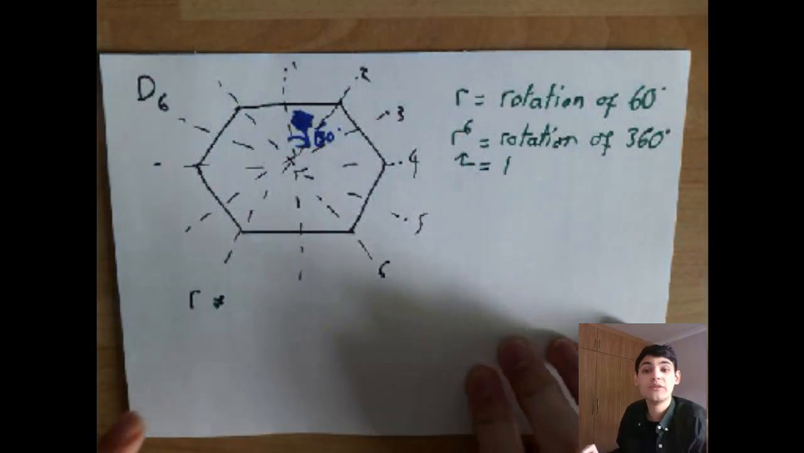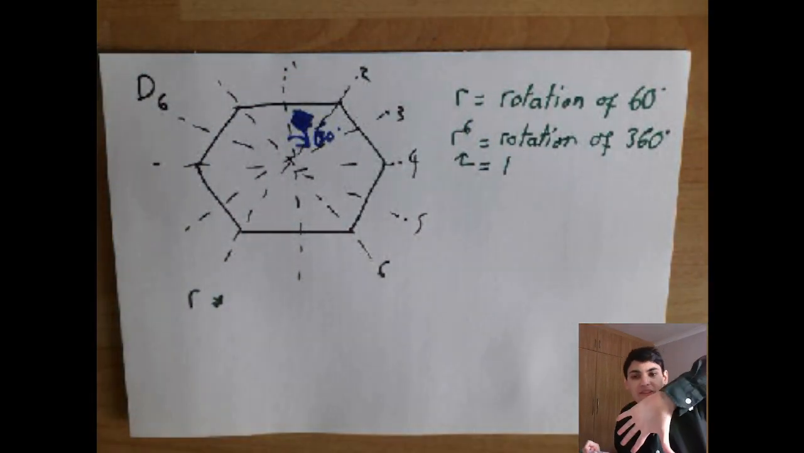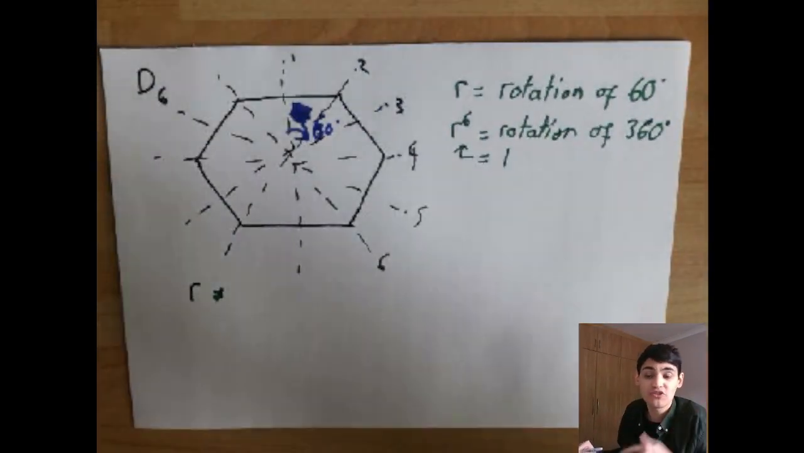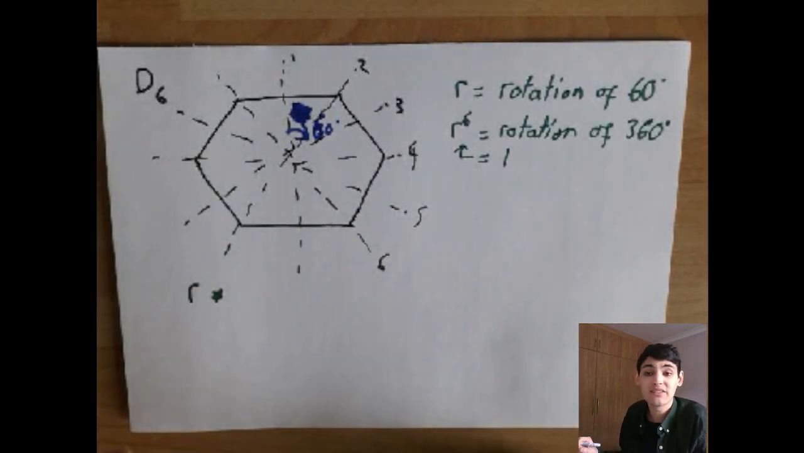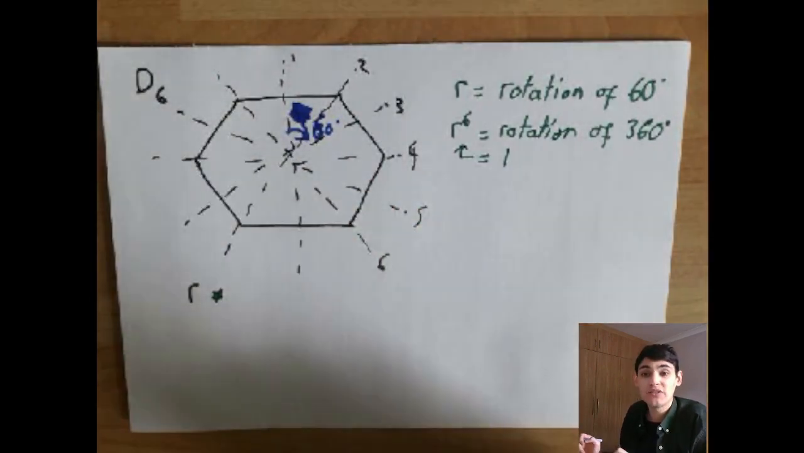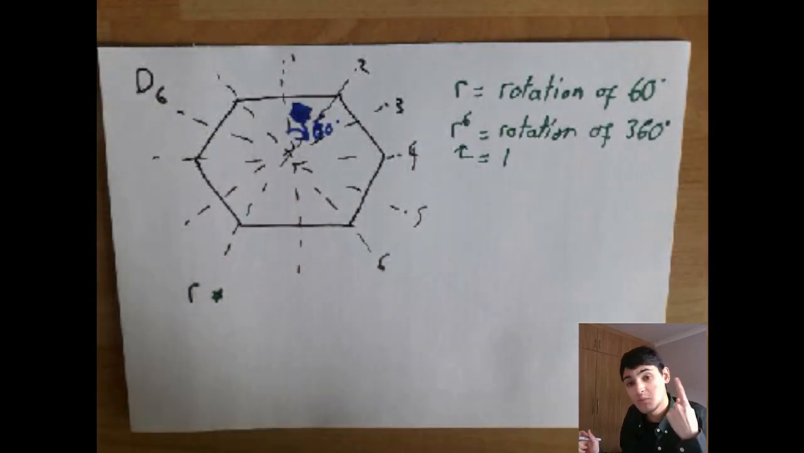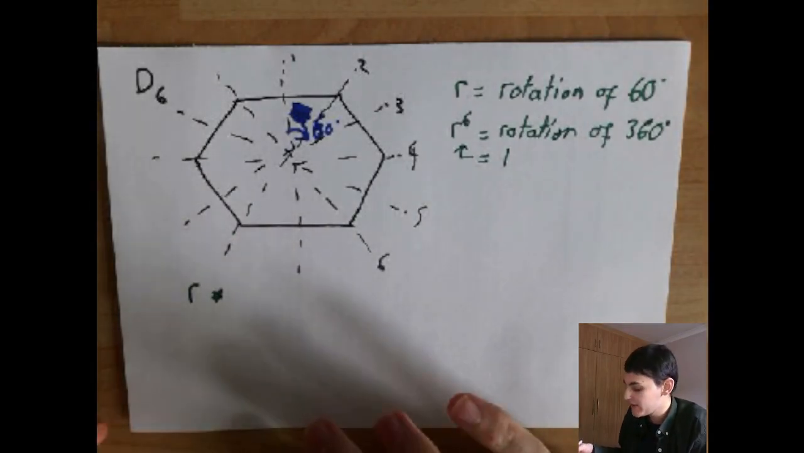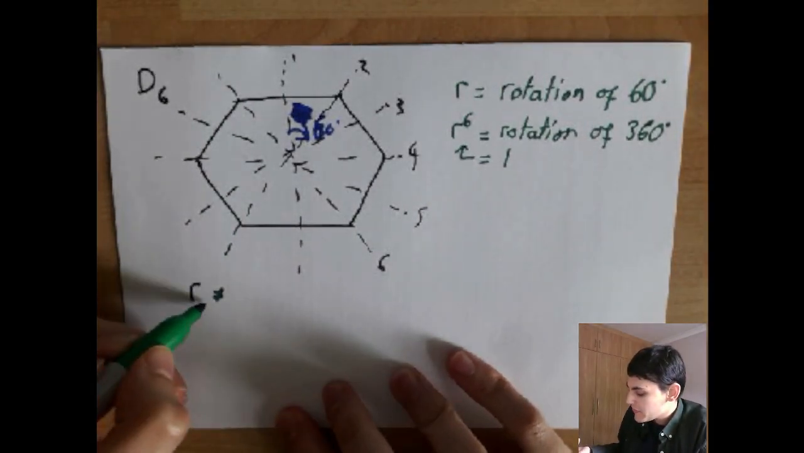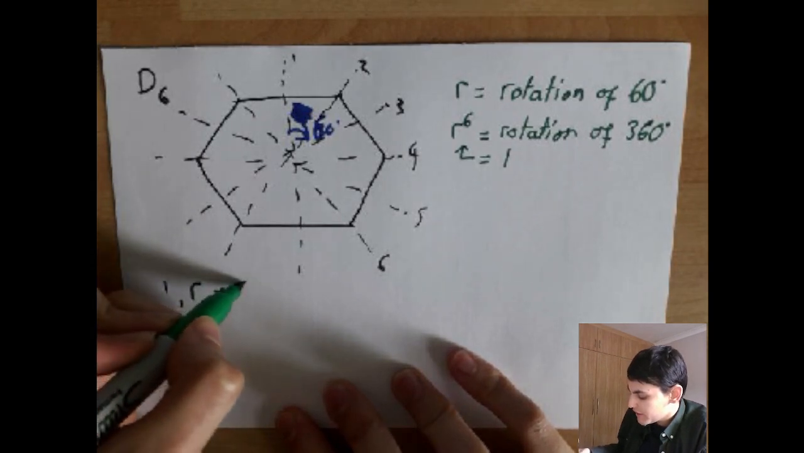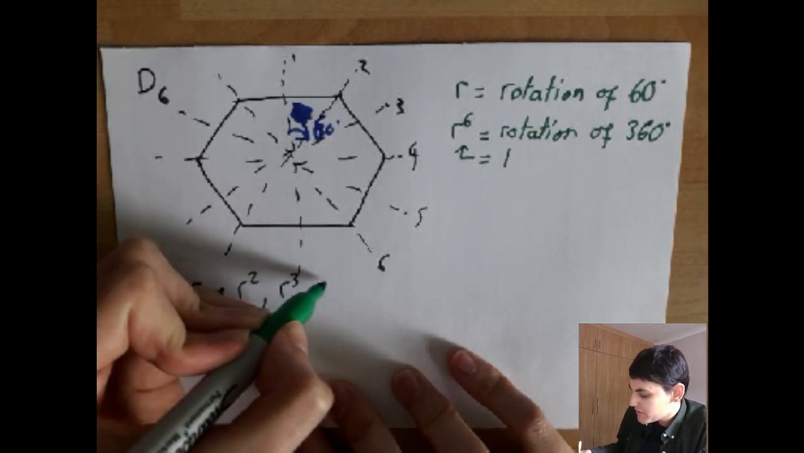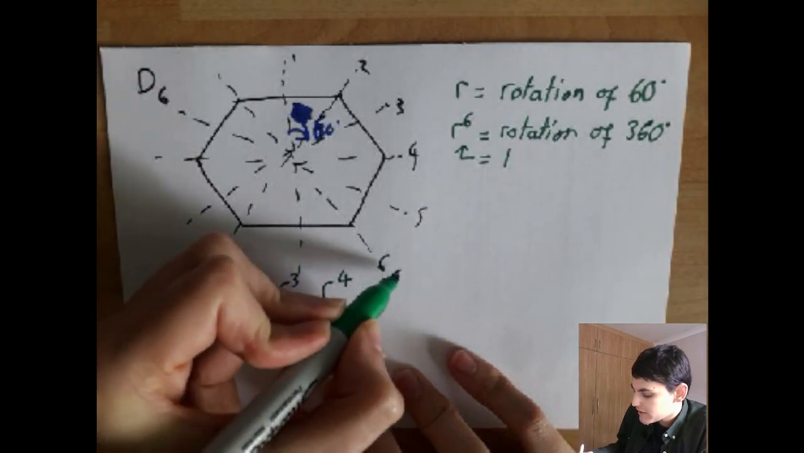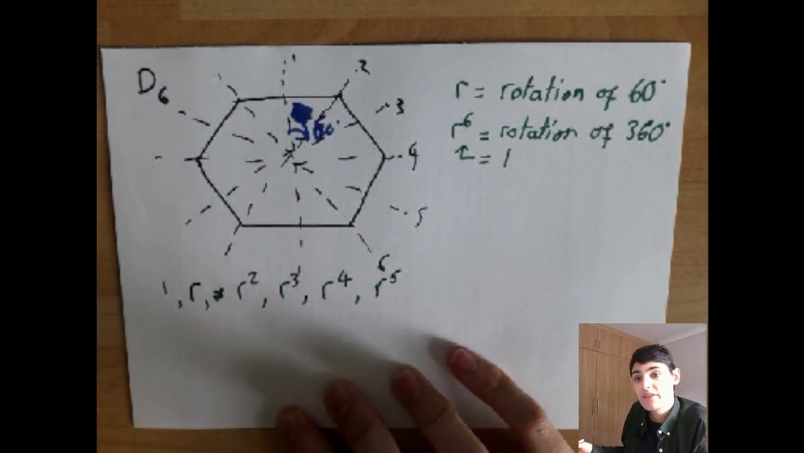of 360 degrees. And in fact, R to the 6 is equal to 1, or the identity, because if you rotate something by 360 degrees, or at least a 2-dimensional shape, and in this case it's a hexagon, you end up back where you started. So you end up with 1, which we're labeling as the identity here. So R squared, R cubed, R to the 4, and R to the 5,